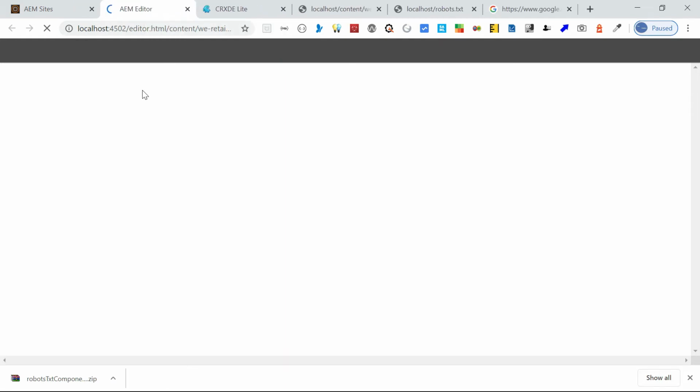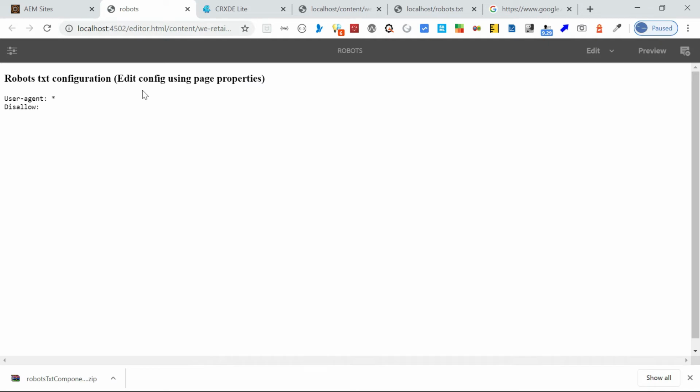The global rules can be configured here. If you see here, user agent star disallow. I am keeping all the user agents, I am allowing everything. So that is the global rule. If you have any global disallow or anything, you can keep it here.